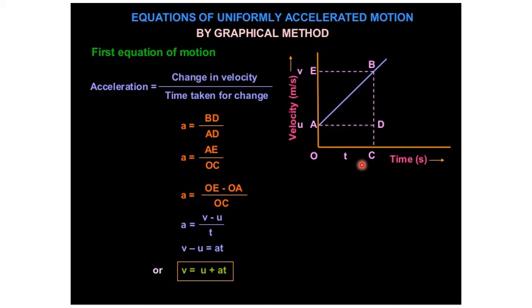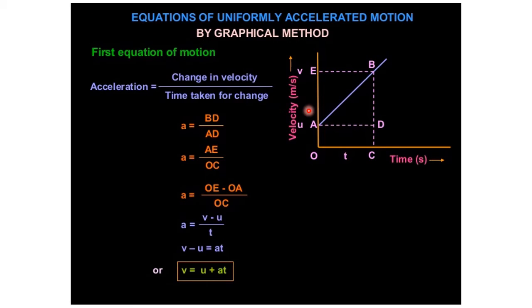The velocity changes at a uniform rate, so that is why we consider the acceleration over here as a. So BC and BE, can you see this here? BC and BE are drawn perpendicular to the points C and E.